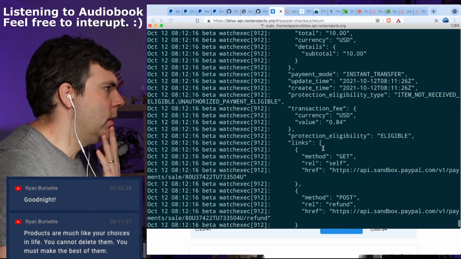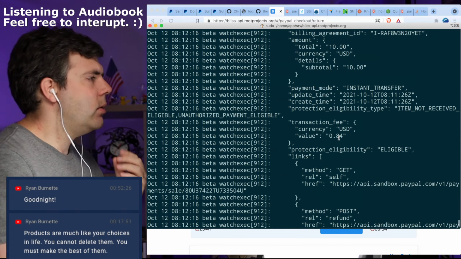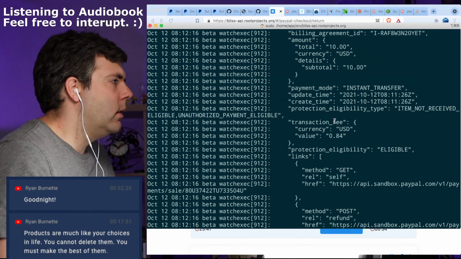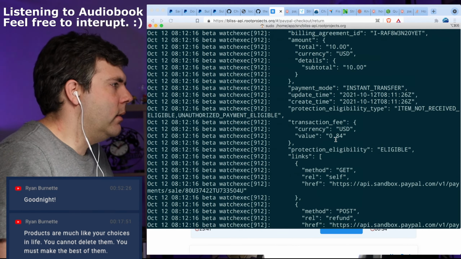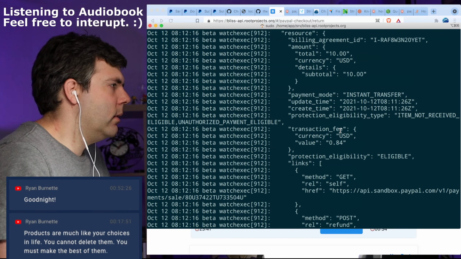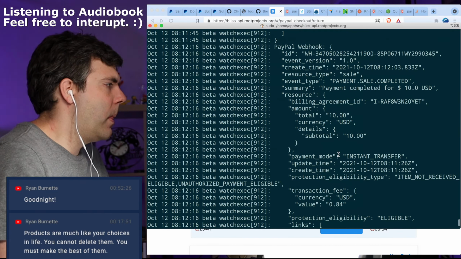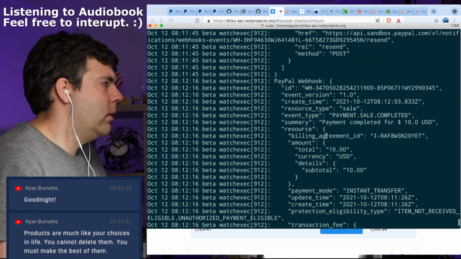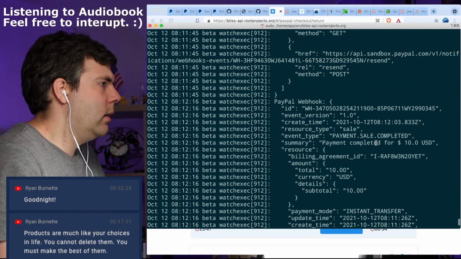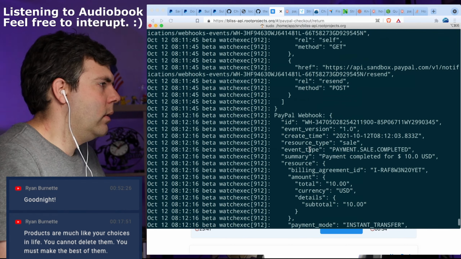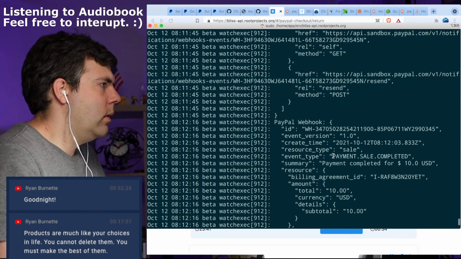One of which is that, oh, transaction fee was only 84 cents. Well, still, that's almost 10%. Ugh. Okay. Oh.